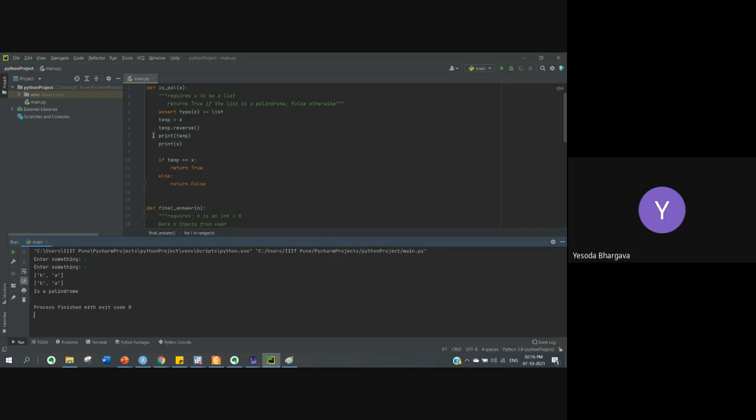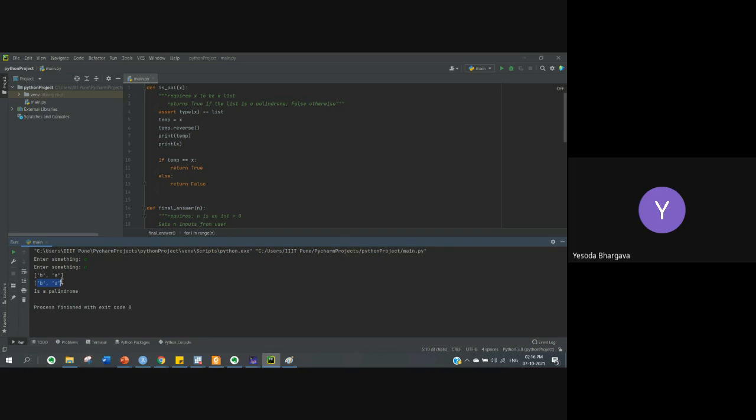So we reverse temp, but what is happening? A is also reversing. X is actually A comma B, and when I'm storing temp into X and reversing it, it's fine becoming B comma A, but X is also reversing.